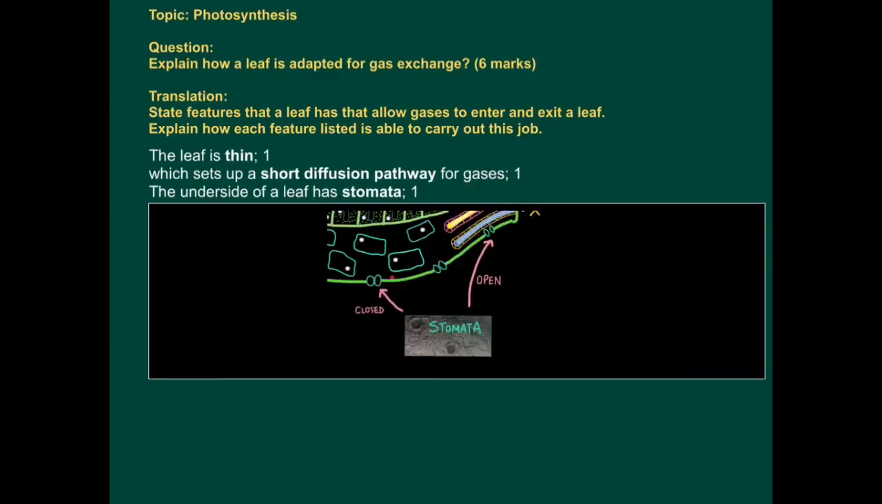The next key adaptation is the presence of stomata on the underside of the leaf. So the underside of a leaf has stomata. These are tiny pores on the underside of the leaf that can be closed and opened to control gases entering